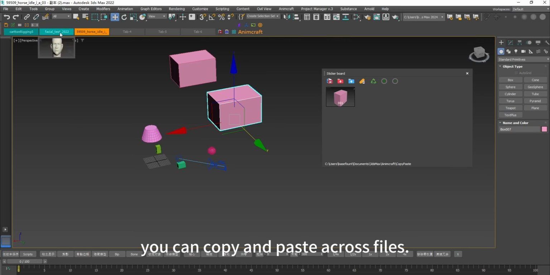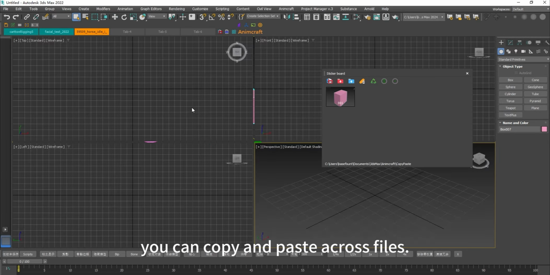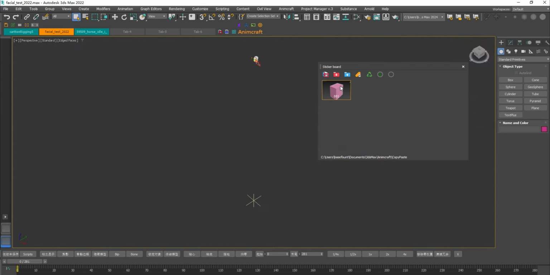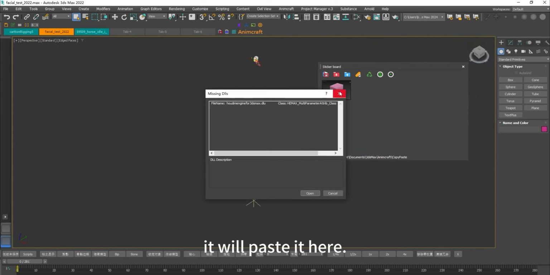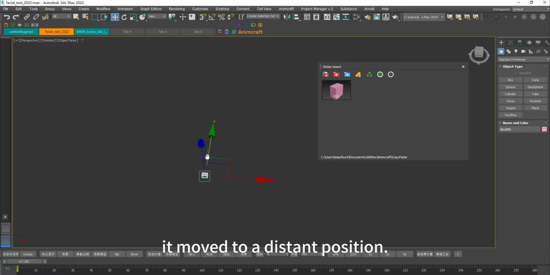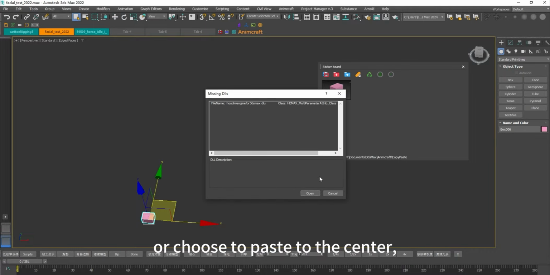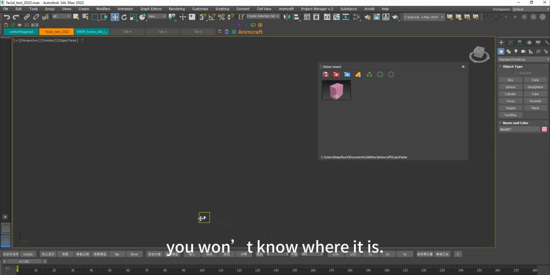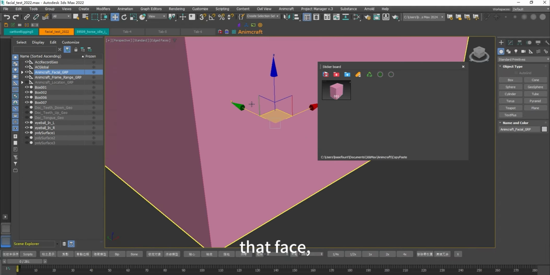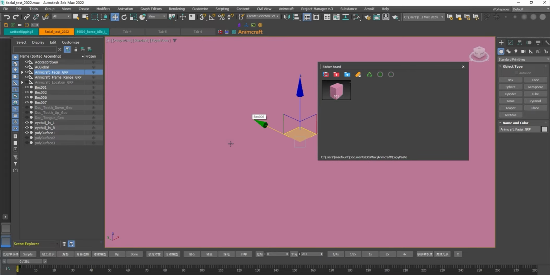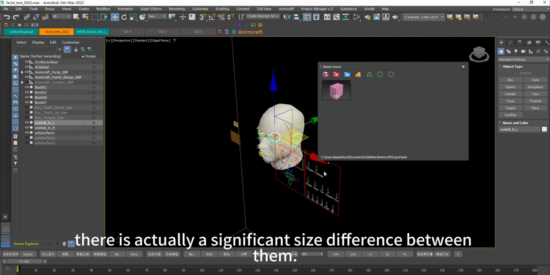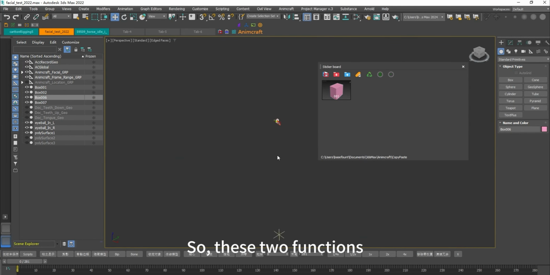At this point, you can copy and paste across files. This file will always be available. Now, if we click to select, paste to center, it will paste it here. Of course, you can see it moved to a distant position. If you don't select it or choose to paste to the center, you won't know where it is, because if you previously selected that face, it may appear in other places. You can see that there is actually a significant size difference between them, so these two functions are useful here